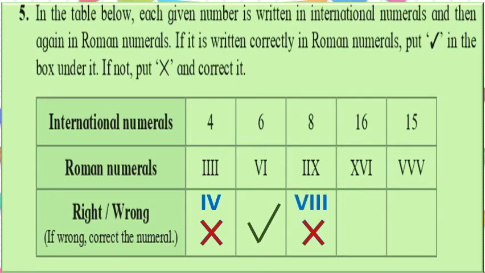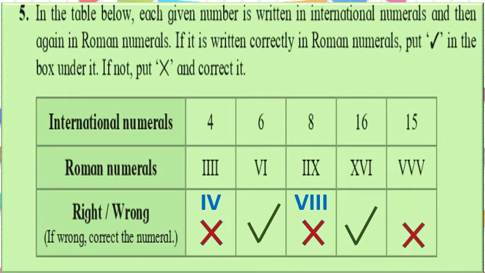How will we write 8? See, like this, because V is nothing but 5 and 1 means I, we can write 3 times. So 5, 6, 7, 8. That is 8. Okay, what about 16? X and 6. Very good, this is right. And what about 15? The last one, V. Again, this is wrong. Right?